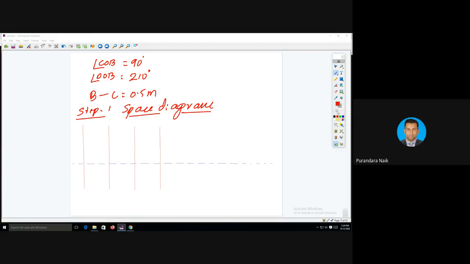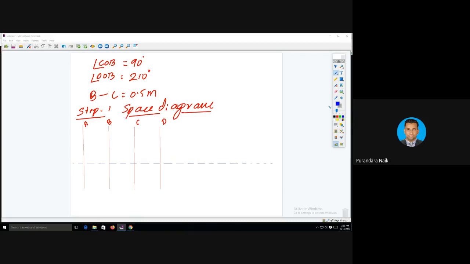Plane A, this is A, B, C, and D. There are 4 different planes. Now, the distance between